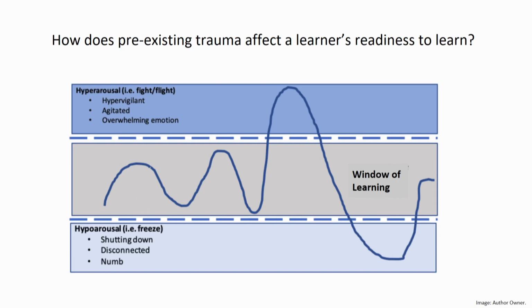So I show this graphic again to say that just as our patients may not be able to engage effectively in their own care, our trainees may not be able to consistently engage in their education if they are outside of, now I've reframed it as the window of learning, but if they are in a hypervigilant or shut down state, they're not learning.